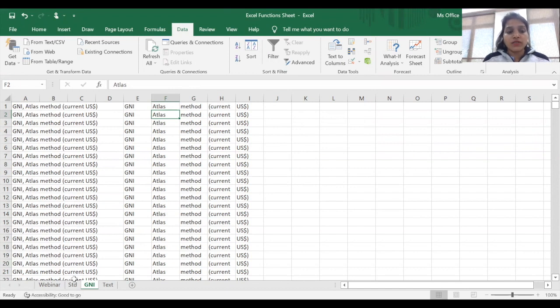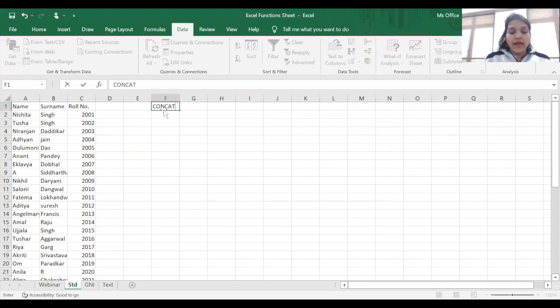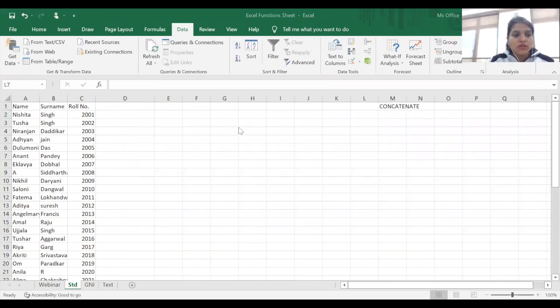Now I'm moving towards the combine data command. How can I combine the data? The command we use for that is CONCATENATE. Let's see. Suppose I want the name and surname to appear in a single cell. Currently, name is appearing in column A and surname is appearing in column B. I want them in a single cell. Full name equals to